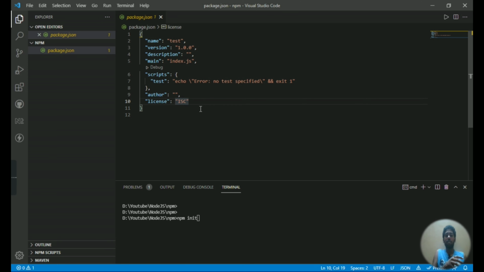There are two kinds of dependencies. One is dev dependencies. What does dev dependencies mean? Let's say I need to make my code prettier. I will be using the prettier package to make the code prettier. Then I will need to clear all lint errors, so I will be using the ESLint package to clear all lint errors. These kinds of packages will be used only at the time of development, so they will not be needed at the time of production. The packages needed at the time of development will be in dev dependencies, and the packages needed at the time of production will be in the dependencies section. So this is the main difference between dependencies and dev dependencies.